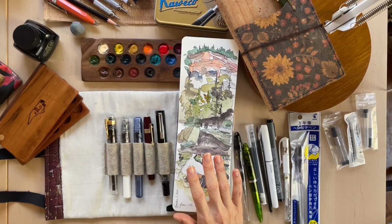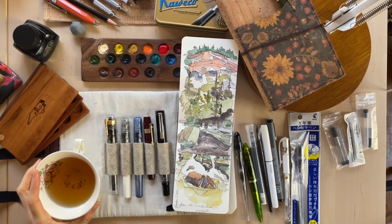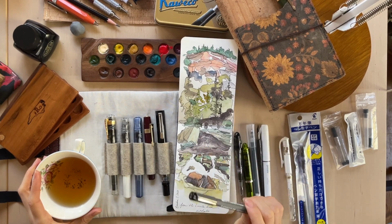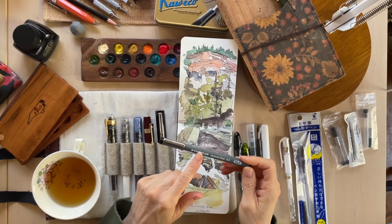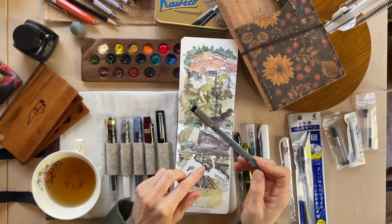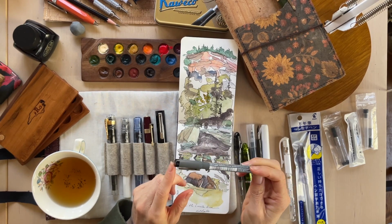I didn't want it to blur or fade or disappear or ruin things. So I tried out, I think, the Faber-Castell or all these different fineliner pens. The ones I think I still like are the Staedtler. The black is not quite as intense as some of the others, but I feel like they last a little bit longer,